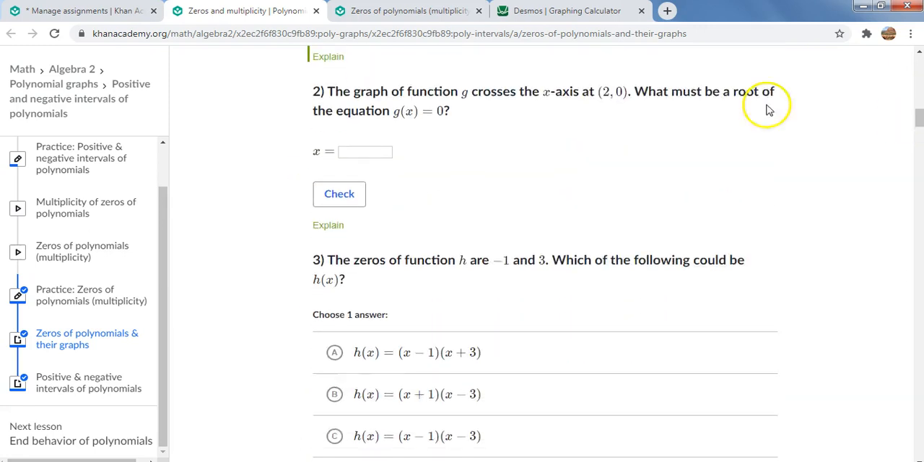Okay. The graph of function g crosses the x-axis at (2, 0). What must be a root of the equation g of x equals 0? Now what is that saying? That's basically saying,